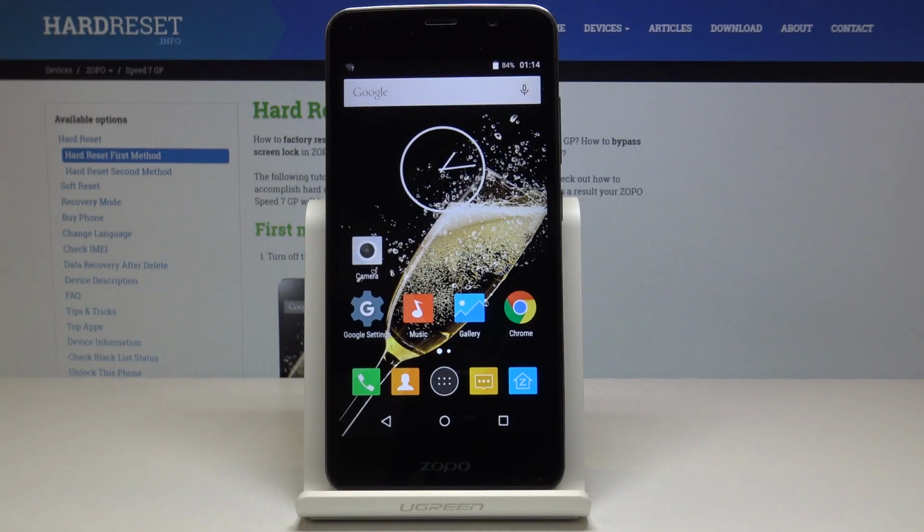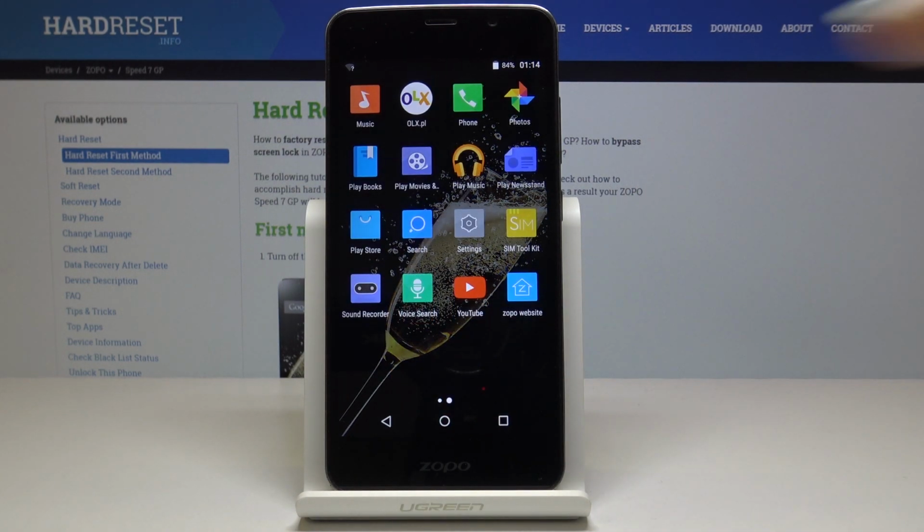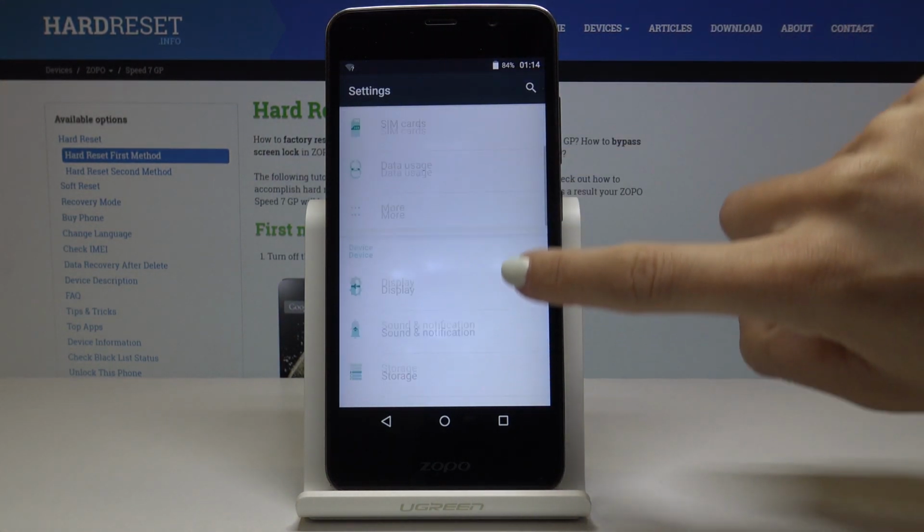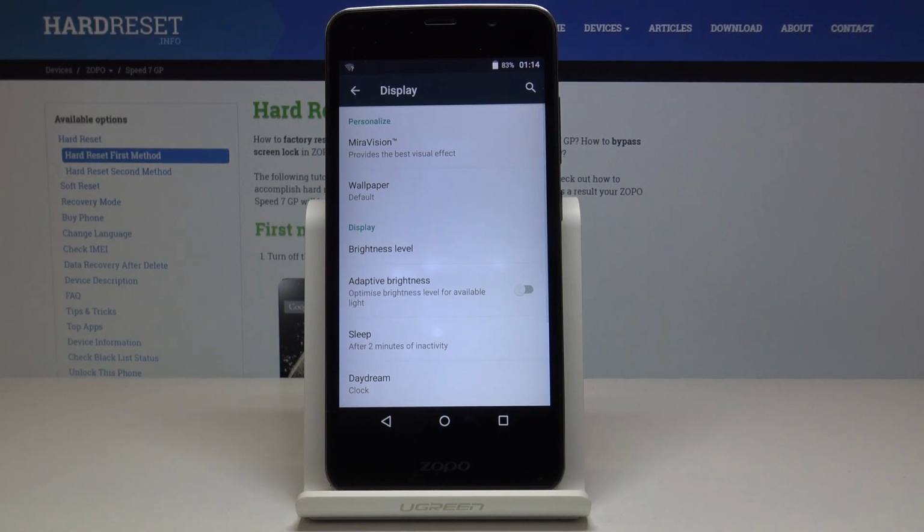I've got ZOPO Speed 7 and let me show you how to change the wallpaper on the following device. So at first let's open the list of all applications, then find and select the settings. Now you should scroll down and click on display, then go to wallpaper, so it's the second tab, and it's